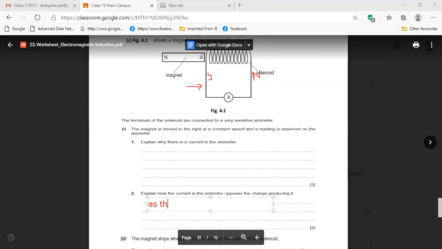As the magnet is brought closer to the coil, magnetism induced